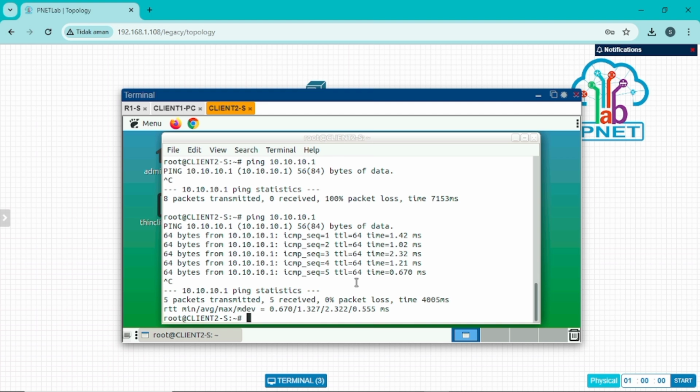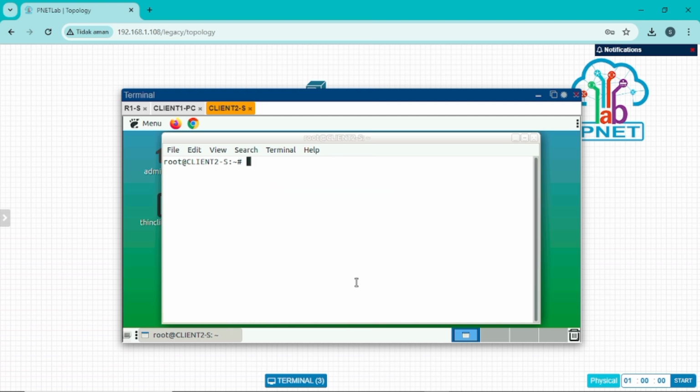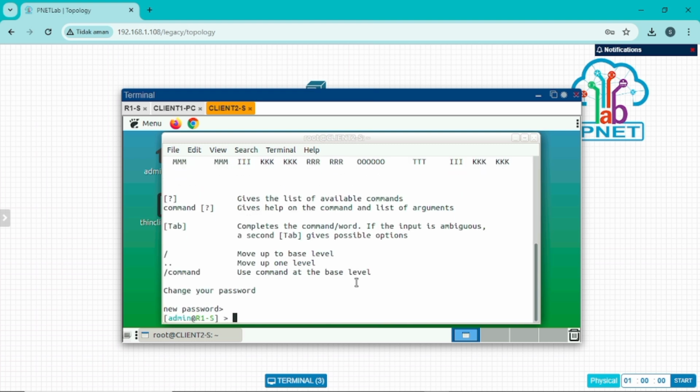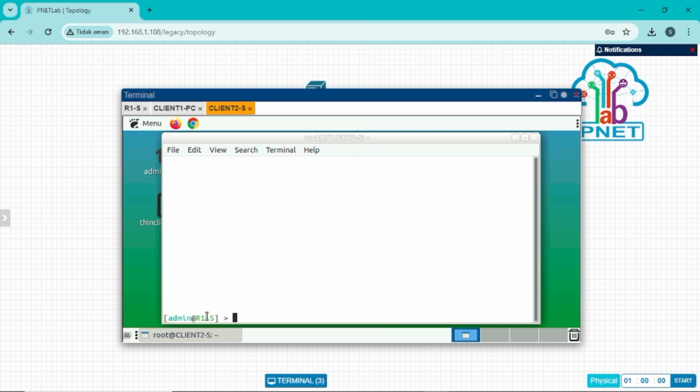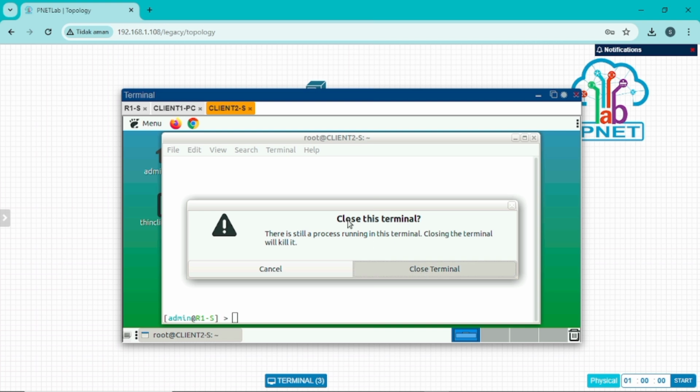Then for the next rule, first check which ports are open, for example port 23, namely Telnet. Here we try to limit Telnet access rights by dropping them. Then this is verification that you can log in to the Telnet service login display. After that, close the terminal.